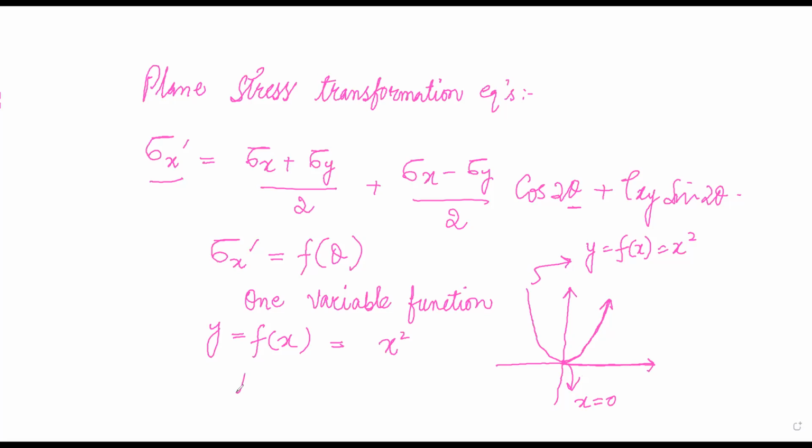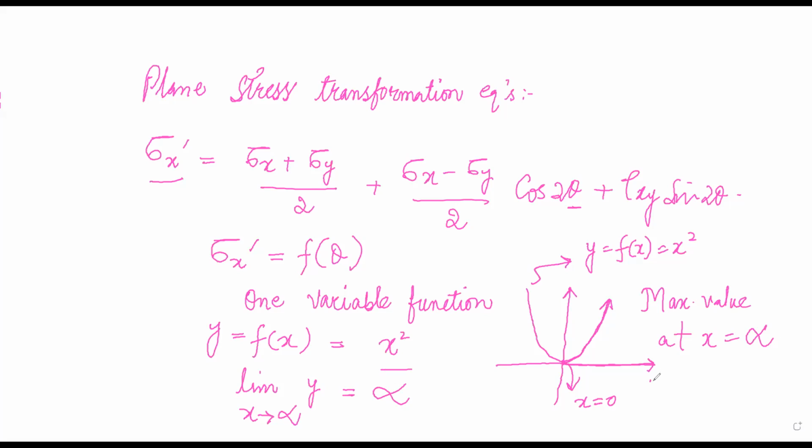And we can write limit x approaches infinity, y is equal to... Tell me students, as the value of your x becomes a very, very large number, what happens to the value of y? Y also becomes a large number. Therefore, y also approaches a very big number, what we can call infinity. So we can say this function is having maximum value at x equal to infinity.